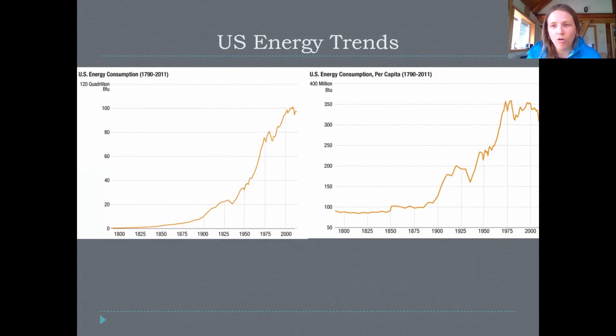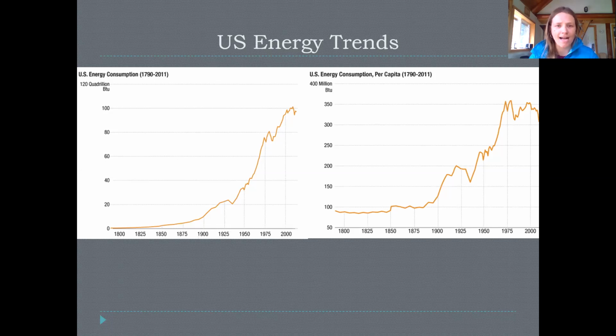Okay, so just some more graphs because I think graphs are interesting. Unfortunately, this video is kind of cutting off the end a little bit of the per capita graph on the right, but it's actually very, very similar to the graph on the left, which is total US energy consumption. So these are both United States graphs. And again, overall consumption on the left, as opposed to per capita consumption in terms of BTUs, remember British thermal units,